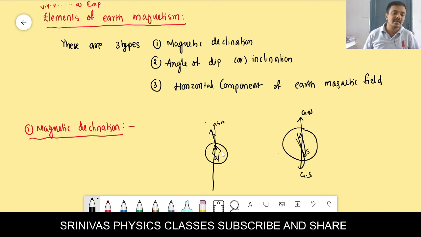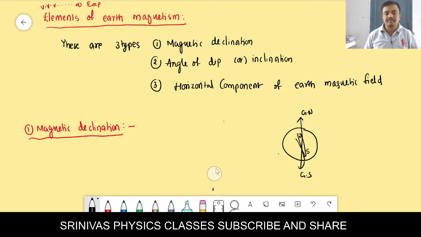Then we neglected that. After neglecting, we take that the compass pointer shows only direct geographical north. Like that we will say. The north pole of the compass pointer shows the geographical north. We will take that south shows the geographical south. Like that we can take after neglecting the angle. Actually, if we go for the actual point, okay, it will not show exactly the geographical north direction. A little inclination will be there, that is neglected, right?